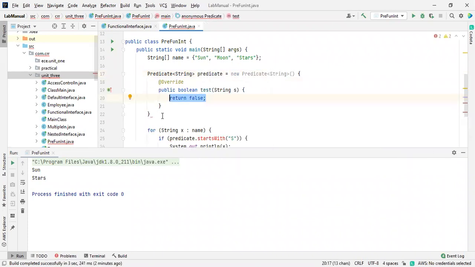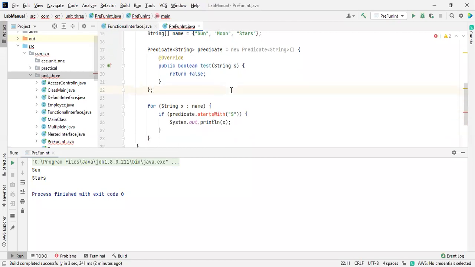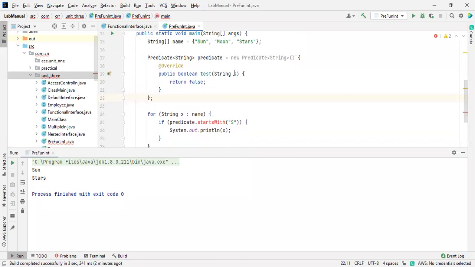New predicate of, return test. Okay, let me declare this. Actually, I didn't write it properly. That is the main thing.